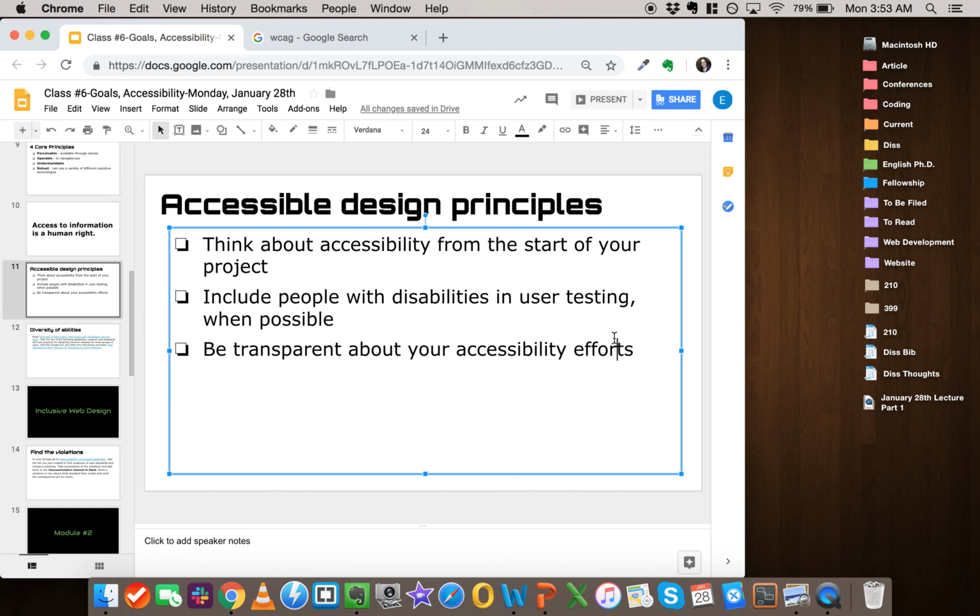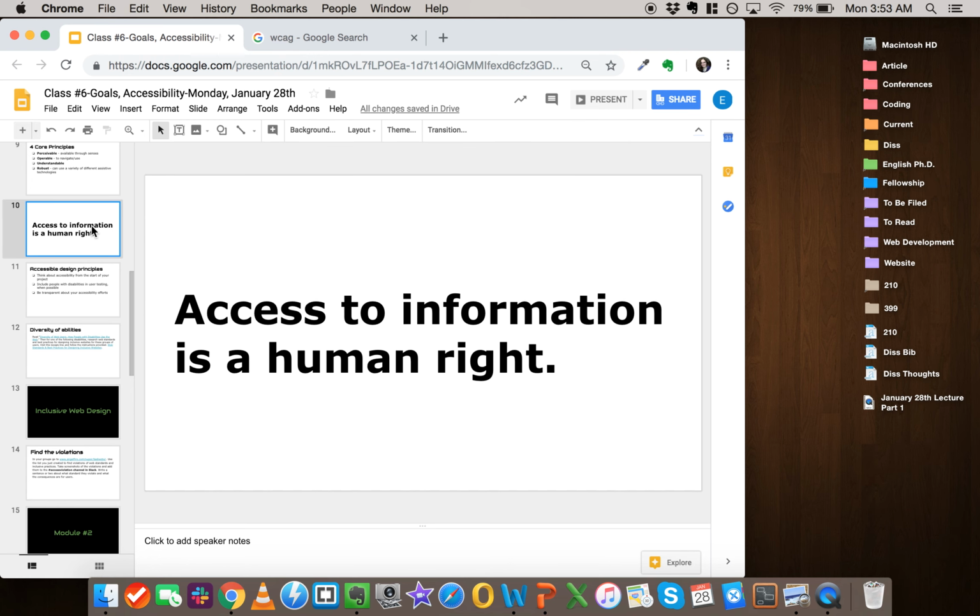But really, if we go back to thinking about access to information as a human right, you have to think about how this fits into your professional ethics and also your professional identity. So beyond how marketable this might make you,